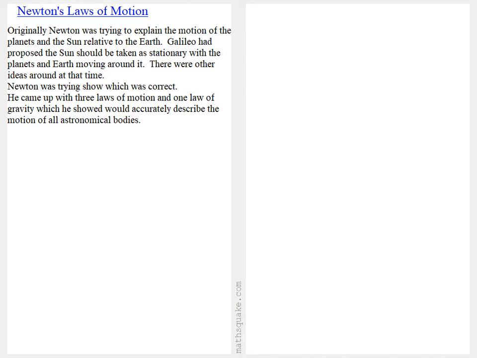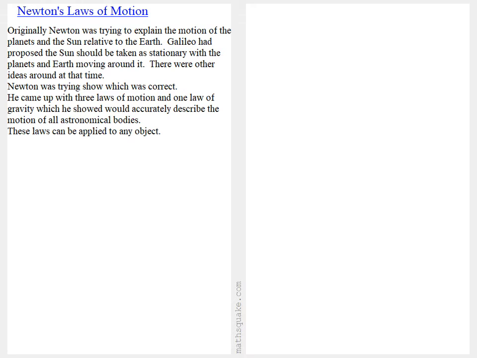He came up with 3 laws of motion and 1 law of gravity, which he showed would accurately describe the motion of all astronomical bodies. These laws can be applied to any object. Now, none of these 3 laws are particularly complicated. They're fairly easy to understand. But what was interesting is that just these 3 laws, plus the law of gravity, was all that was needed